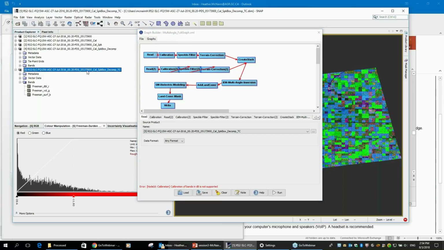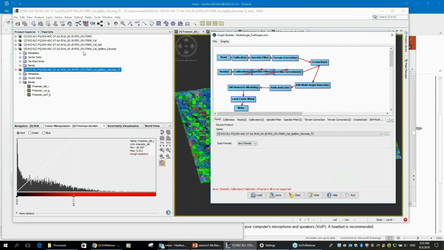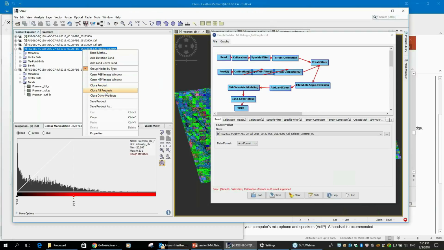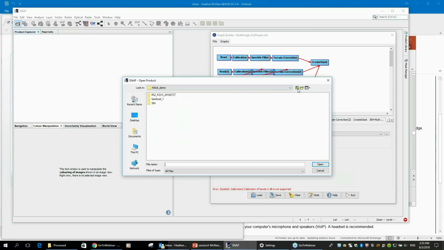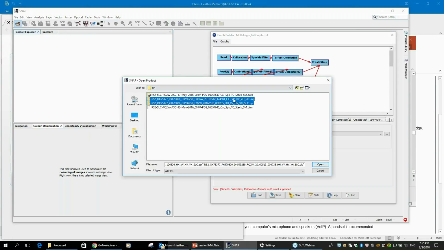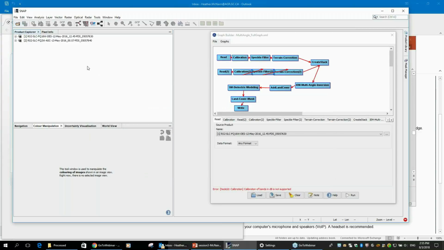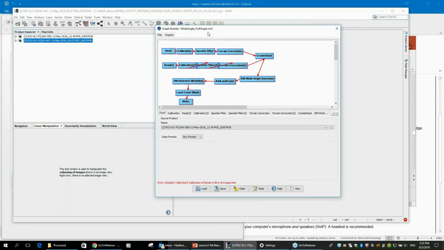So with SNAP, close all the products here, and with SNAP you can load in 2 raw RADARSAT-2 images. One in the morning, another one in the evening. And use that SNAP graph, specify 1 raw image in the morning, and the second input, the image